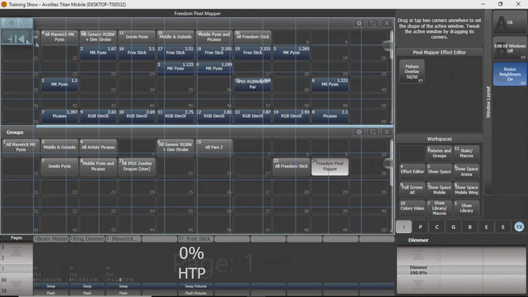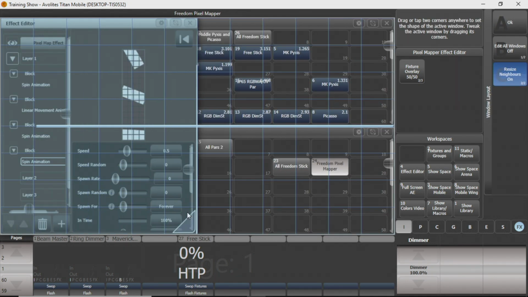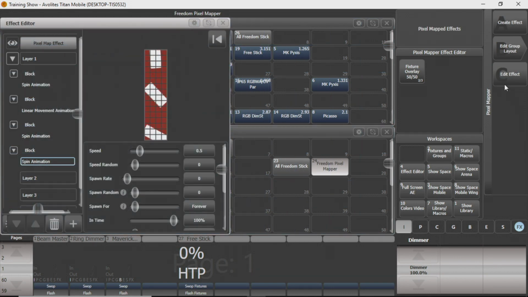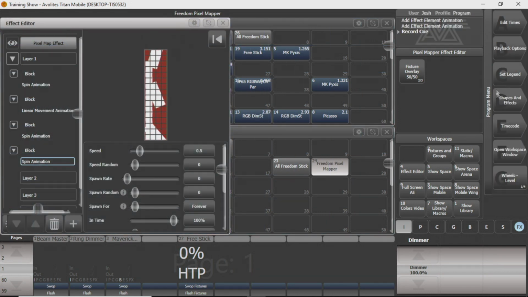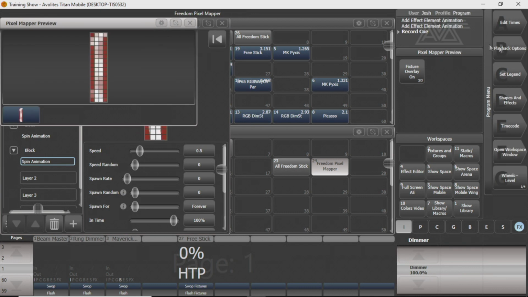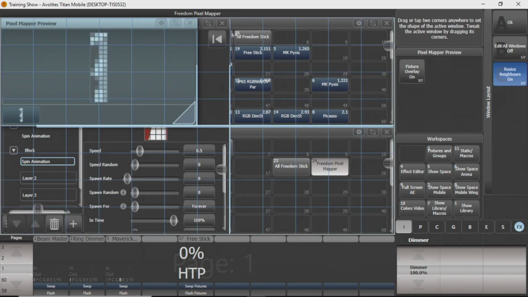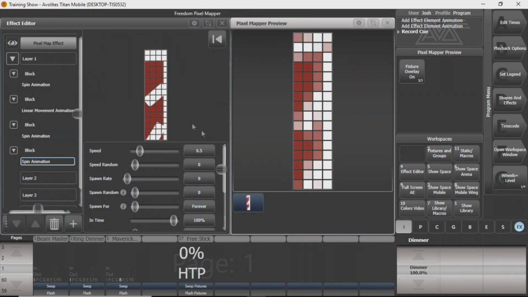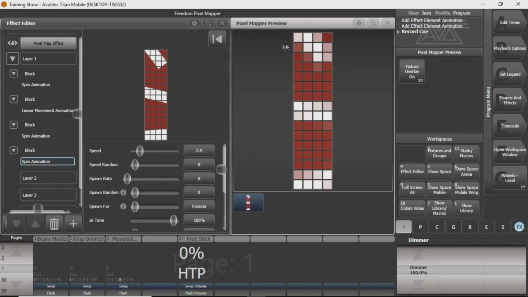What I'm gonna do, I'm gonna give us a little view so we can see what each is doing, with a nice little window that I use for this a lot called Pixel Mapper Preview. And you can see, because I have this effect running, you can kind of get an idea of what the freedom sticks are doing in that Pixel Mapper preview. So we're going to get out of that,